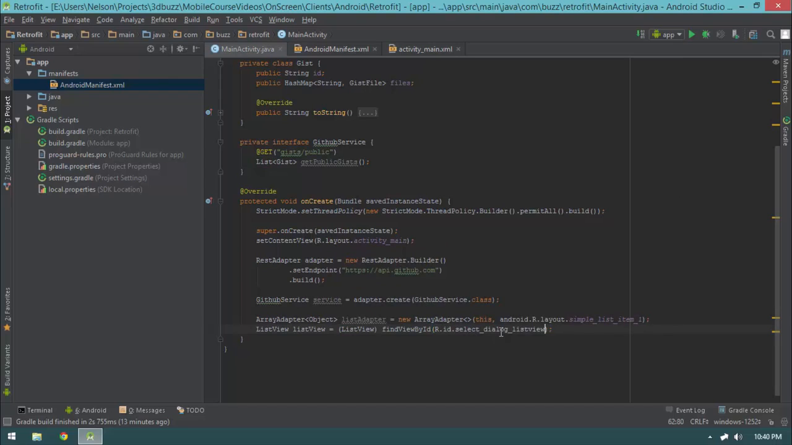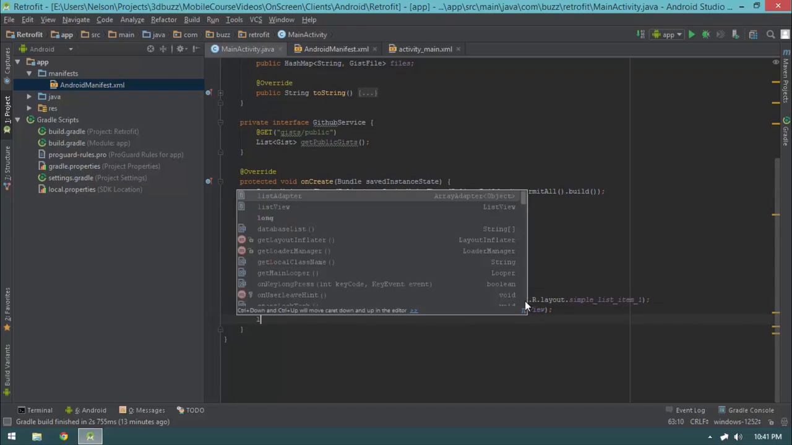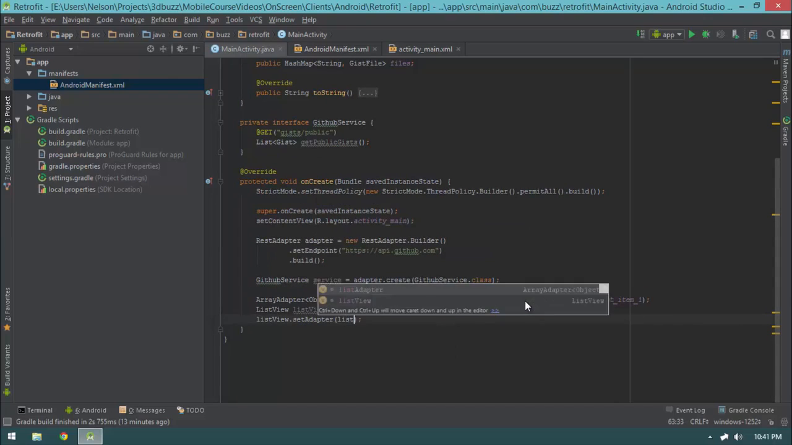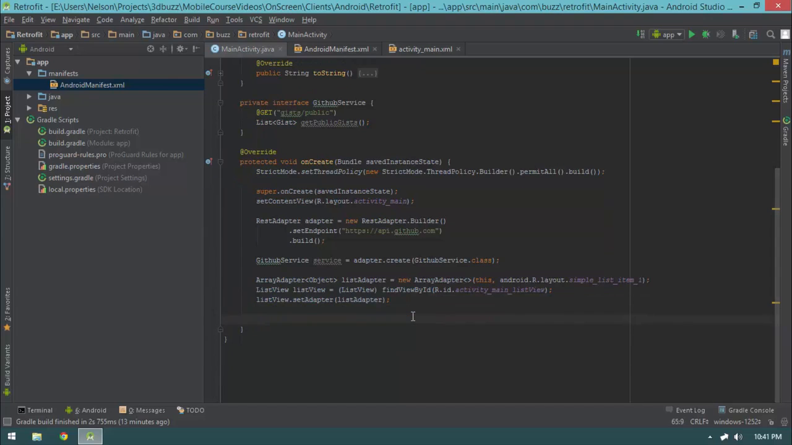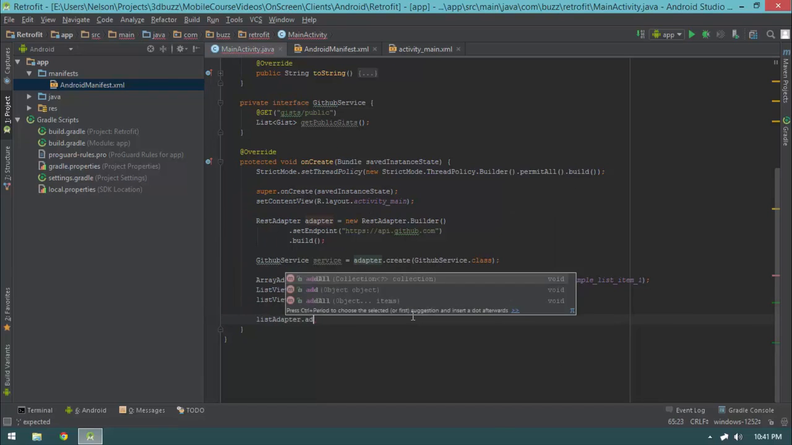It's a lot of list views, isn't it? But anyway, we now have our list view. So now I'm going to say listView.setAdapter(listAdapter). Now we have our boilerplate out of the way for accessing our list view. So now I can go ahead and say adapter for listAdapter dot addAll,